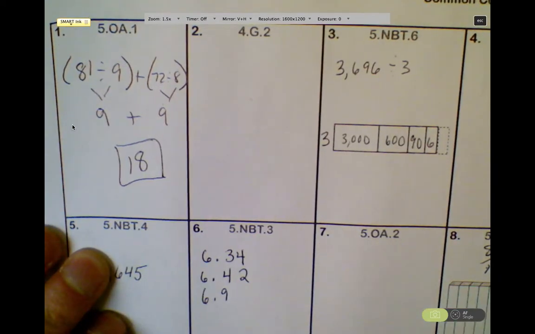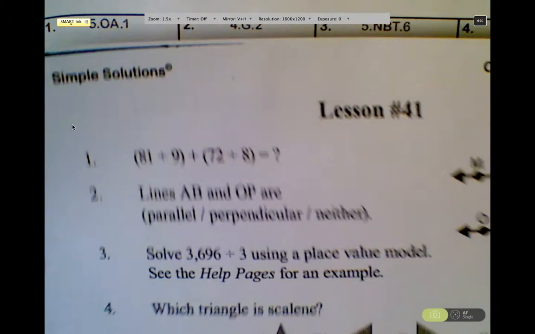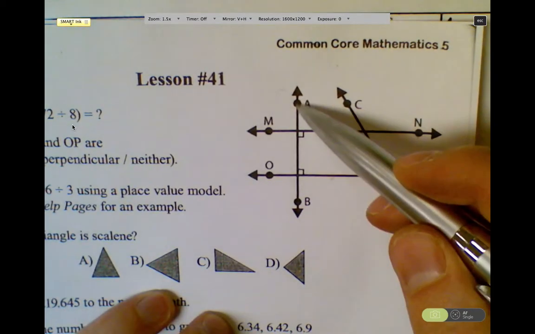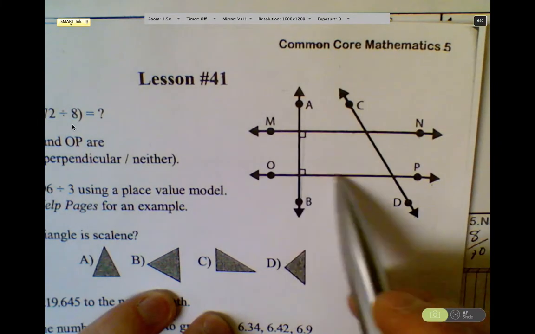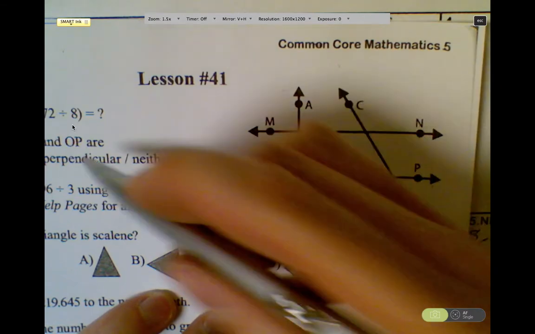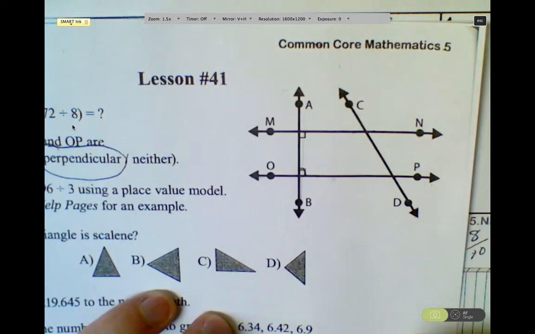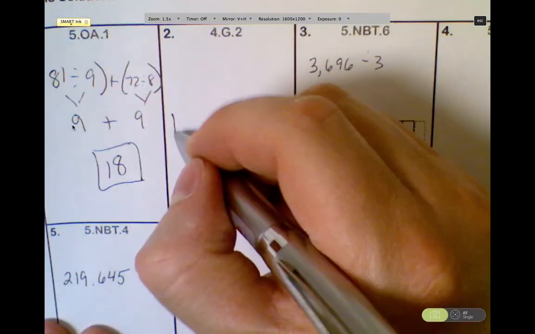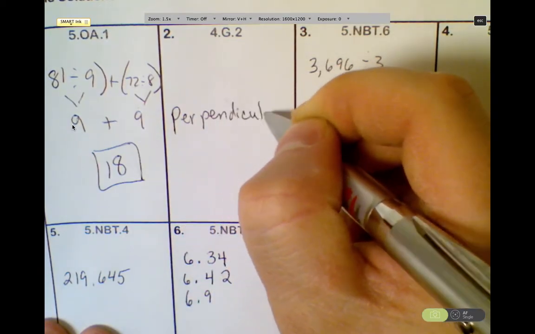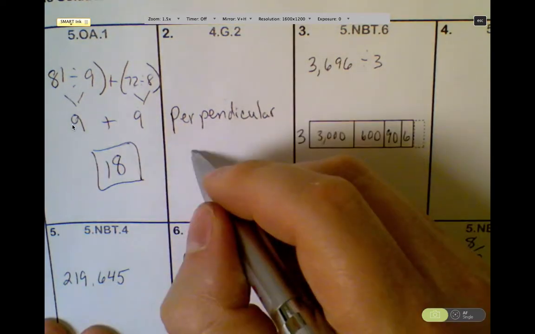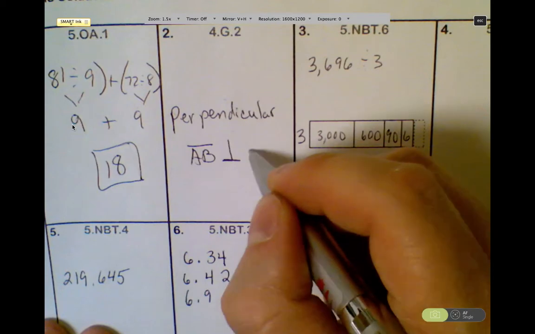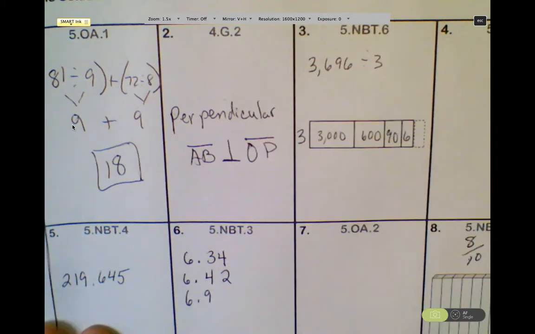Number 2, lines AB and OP are, so let's find AP. AB is here. OP is here. If you notice, they intersect in a 90-degree angle, therefore they are perpendicular. So I'm going to write in perpendicular. You could also write it as lines AB and upside down T, and that also means AB is perpendicular to